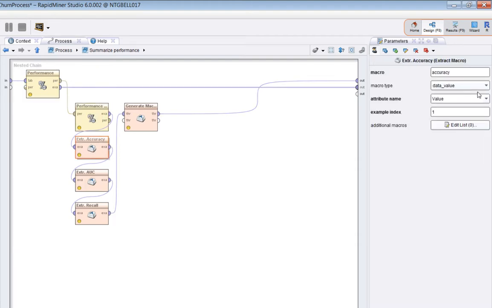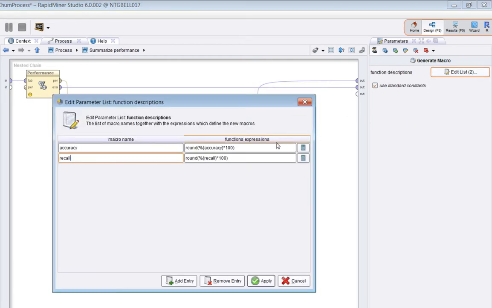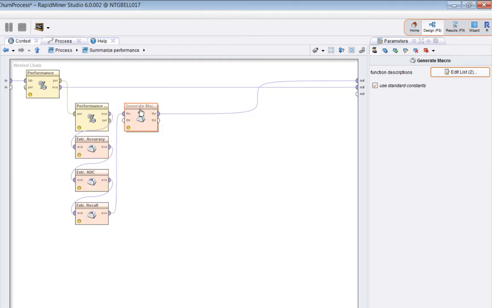Then an extract macro is done to extract specific rows, specific examples from the example set. It turns out the first one is the accuracy of the performance operator. The second one is the area under curve. The third is recall. The fourth is a tidying up, really, of a couple of the other macros, to be precise. But if we set a breakpoint there and run it, you'll see a performance vector, and we'll look at some